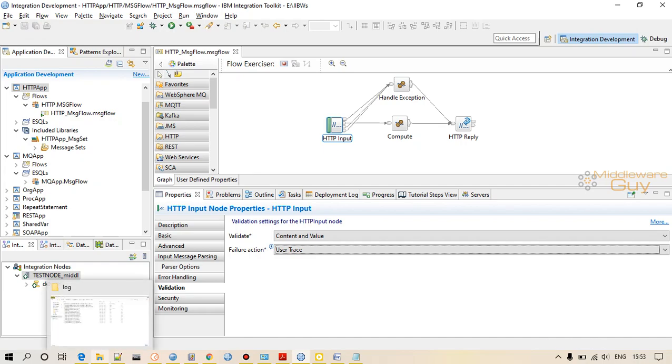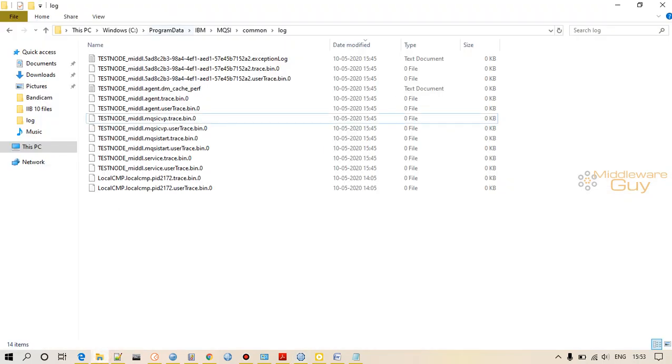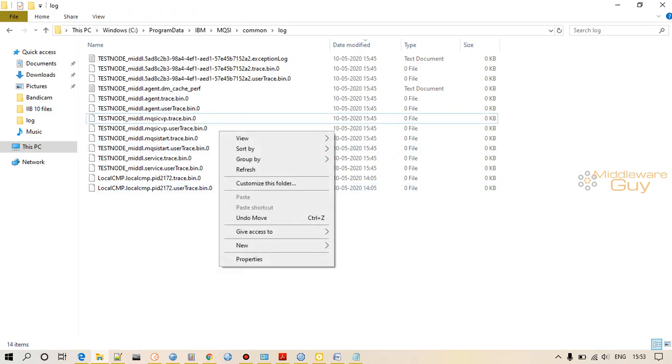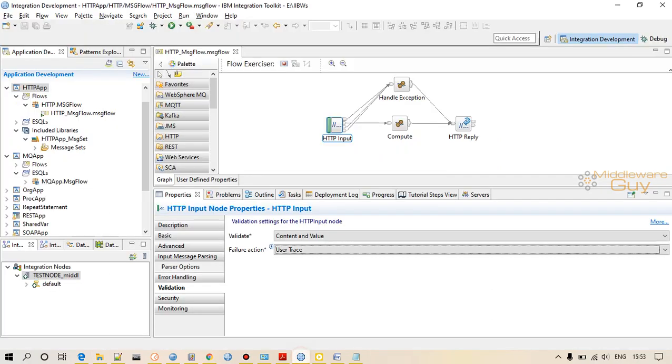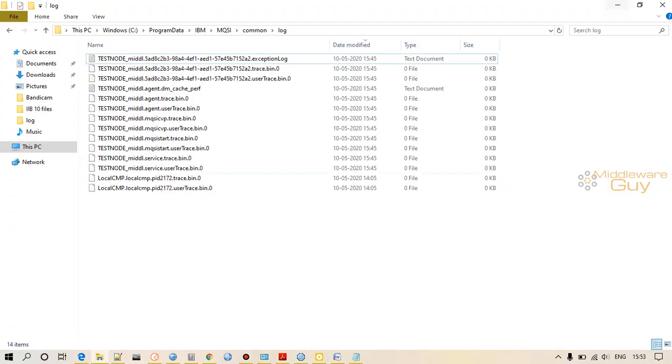There is a work path location by default, C:\ProgramData\IBM\MQSI\common\log, right? So this is the work path location where you will find the logs. Now, if you are working with user trace, you first have to define the trace level.